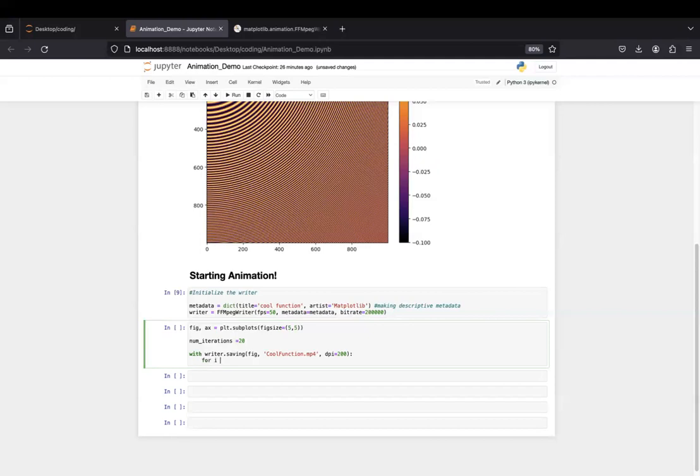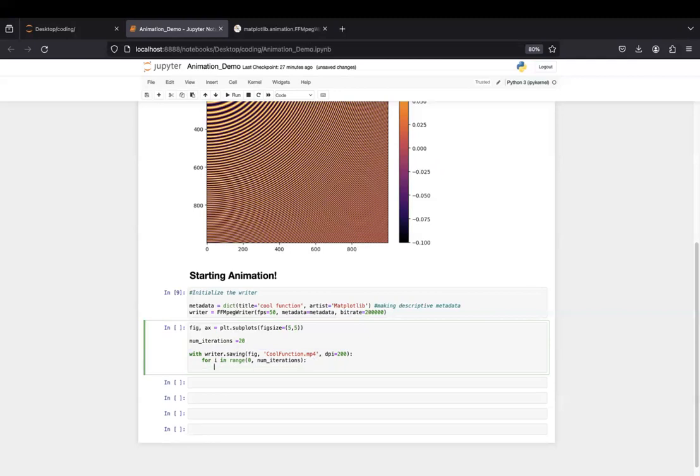So we're going to say for i in range 0, comma, num iterations, which we are opening inside of this writer.saving block, which just means that we have opened the writer and we are going to be saving things to it. So right now the computer knows that we're opening the writer to make an animation, basically. Then if you hit enter,